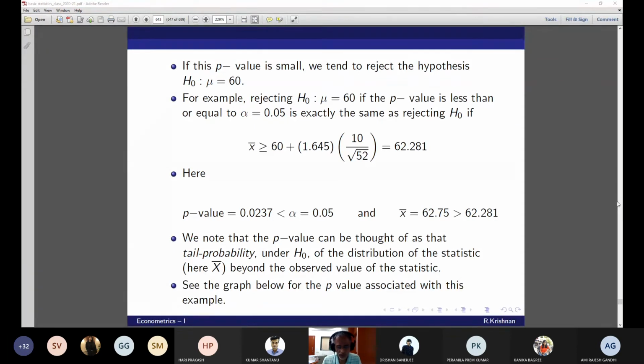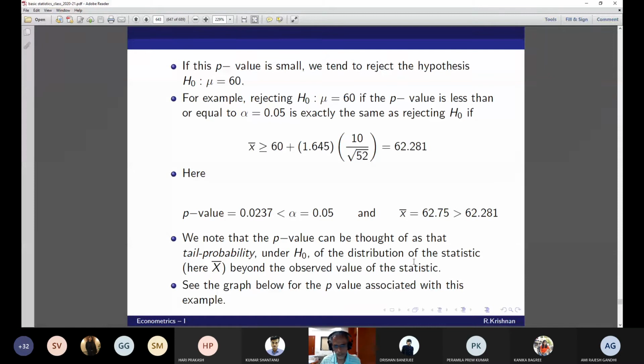You report the p-value and leave it to the reader to interpret it. The reader will decide. This fellow has got a p-value of 0.0237, still he accepted it at the 5% level, so you know how much credibility you should attach to his findings. If the p-value is 0.0237 and he said it is accepted only at the 1% level, then the credibility of his results is much stronger. This is the only thing I can tell you, Kumar. It's better to just leave things at the p-value only. Give the p-value and leave it to the reader. That is the best way to do research.